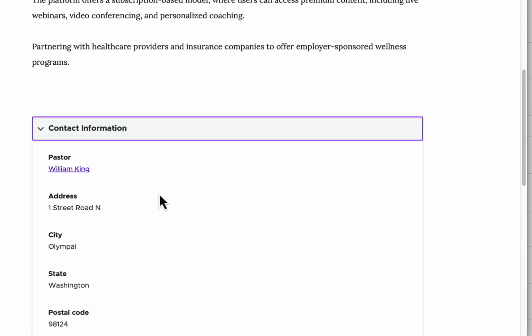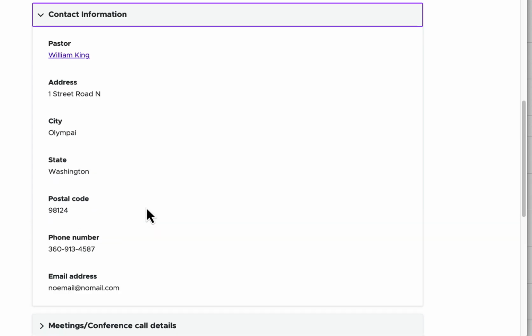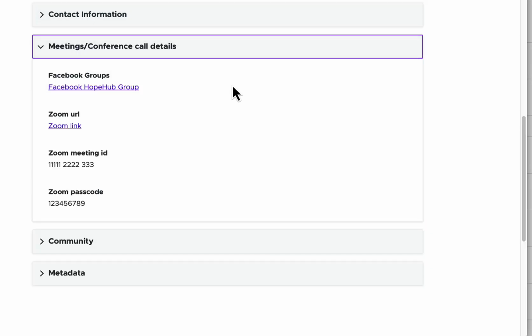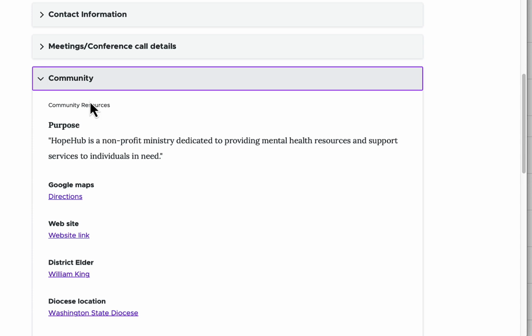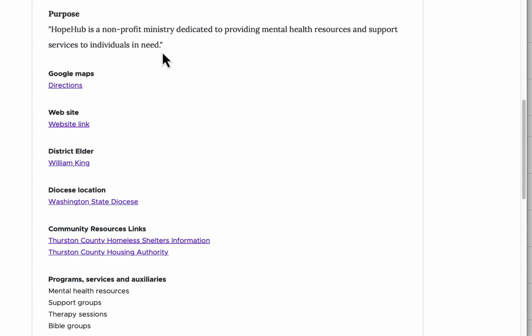So I can go to contact information and look at the street information for Hope Hub, this fictitious ministry. And these are if they have any conference call information like Zoom, Facebook, or whatever. And what's interesting about how this works is if they don't have the data, it won't show it. So it won't take up space, and you don't have empty stuff. So this is community related. This is the purpose of this